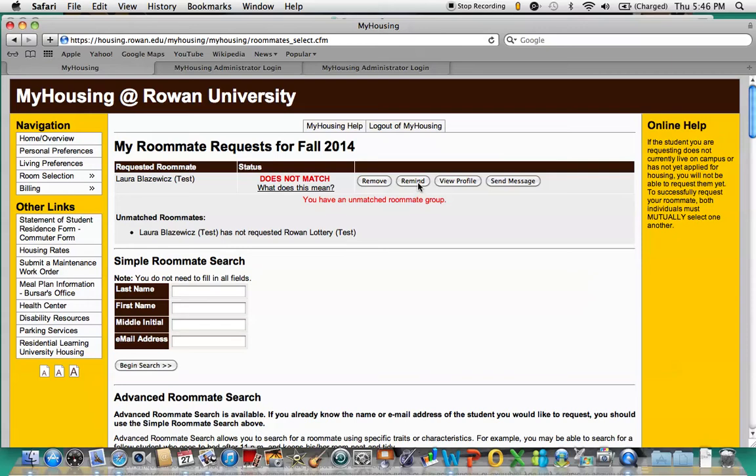You can remind the person you've requested, so say this test subject has been requested but has yet to answer, you can send a reminder to them which will go to their Rowan email, letting them know they have a roommate request on file that they either have to approve or deny. As well as you can send a message to the person you've requested if you maybe searched them through the advanced search and you want to get to know them better and or view their profile again,